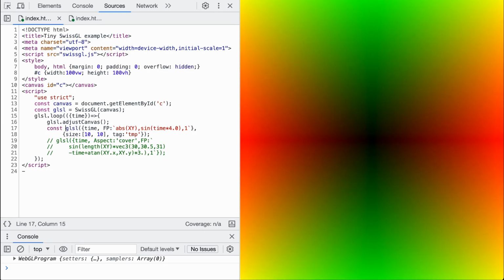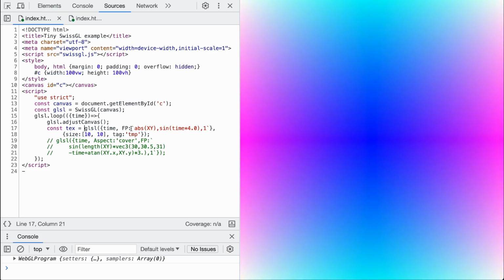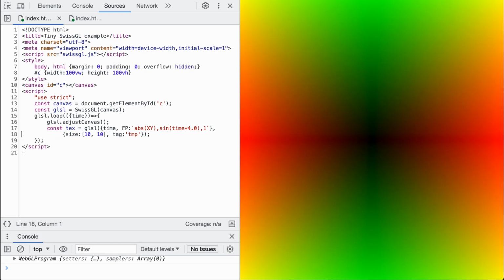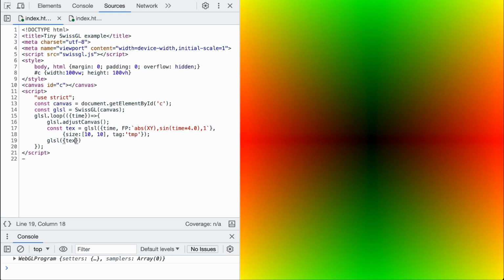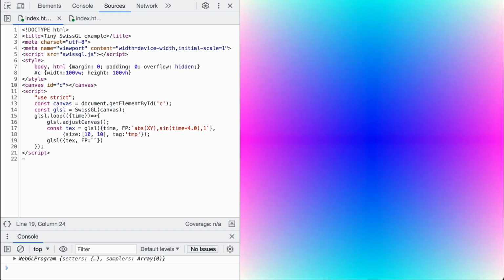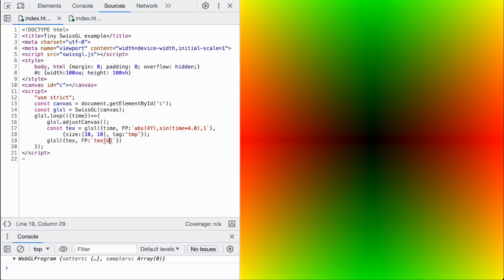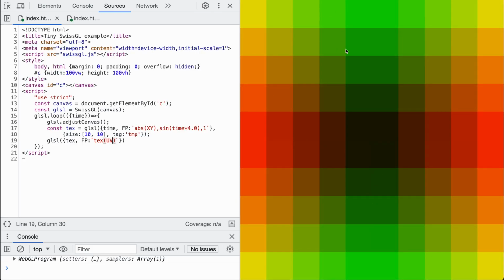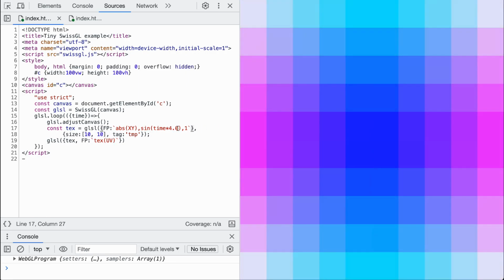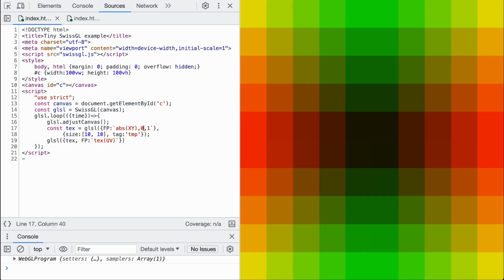So we return this texture, and we can render its content on screen just by passing it as a uniform, and reuse this uniform in a fragment program. So we are sampling texture using UV coordinates. So now we see that this texture is very pixelated because we are using very low resolution for this render buffer. In place texture creation